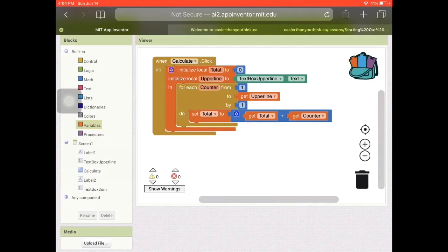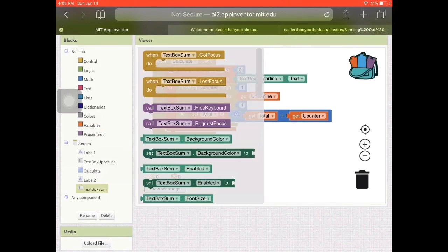Now that we have the code that we will use to program the app, we need to figure out a way to execute this app. For this, we will use the Textbox sum display component, which is located in the Textbox sum component, and then we will attach the get total block, which will allow the display text box to obtain the total of the series of numbers. So we'll click on the text box sum,